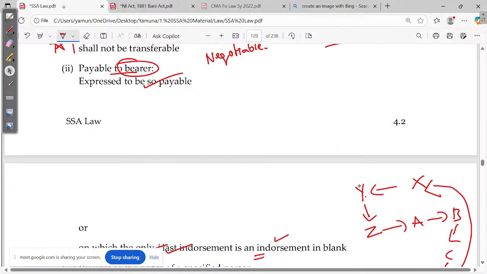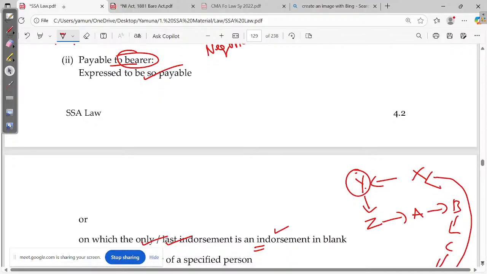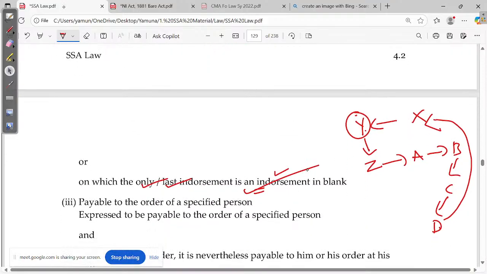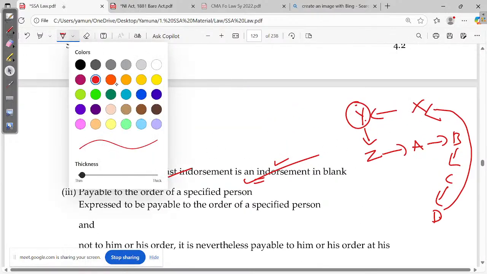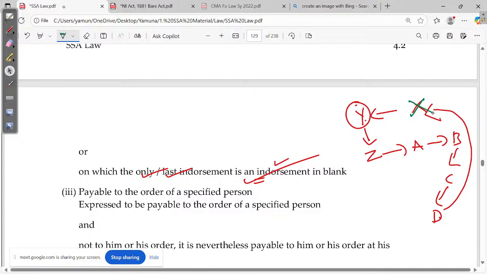What Y would have done is, when drawing the bill, he would not have written that it must be paid only to him. It has been left blank. If it is like that, you call this payable to bearer. It is transferable, right? It will keep getting transferred. Sometimes it happens when Y says, just imagine this example: X has to pay the amount to Y, so Y is the holder of the instrument. Y says, I have to give this amount to Z, so you need not mention my name here; mention Z's name itself in the instrument. Then whose name will be in the instrument? Instead of paying Y, it will pay Z.